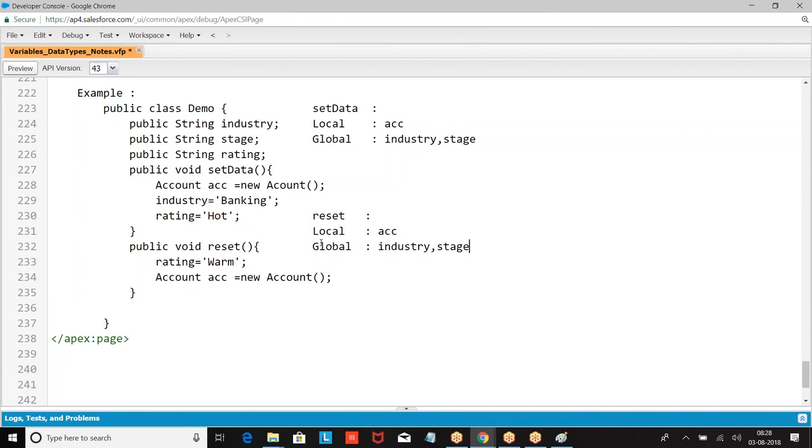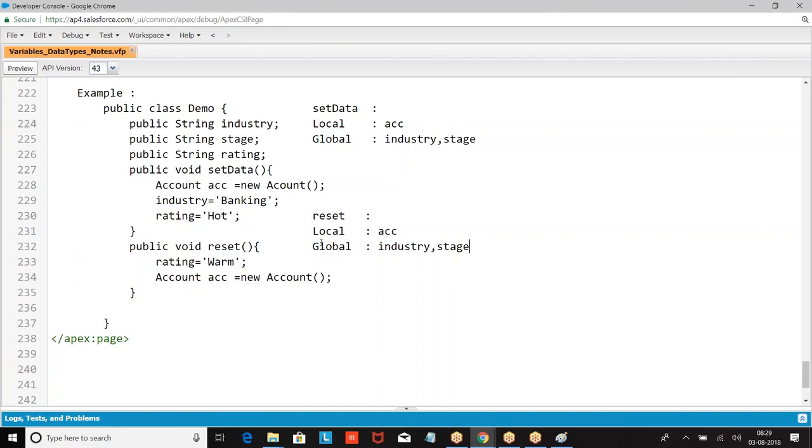I hope you are good. Anything defined within the scope is called local. Anything defined above the scope is called global. Locals cannot be used outside the scope. Globals can be used inside the scope and outside the scope. I hope you are good with this concept. Everyone has followed this? Clear?